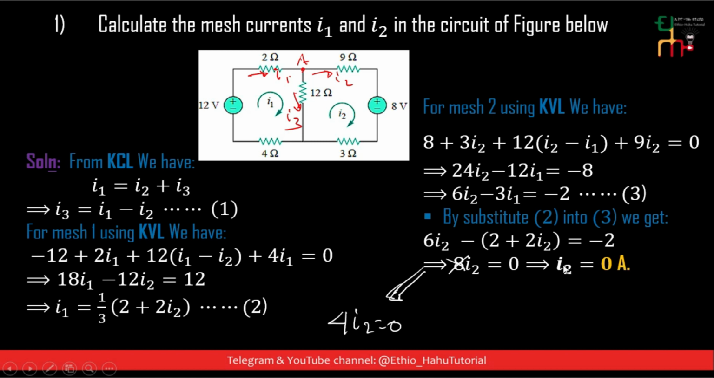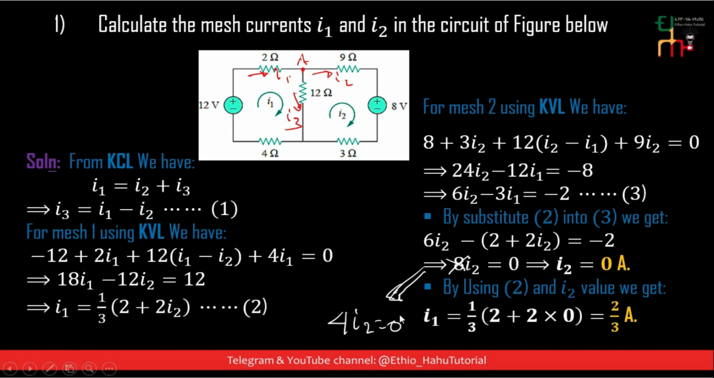ስለዚህ የI2 ቫልዩ 0 ካገኘን ይሄኛውን የI2 ቫልዩን እዚህ ጋር ኢኩዌሽን 2 ላይ ሰብስቲቱት ብናደርግ I1 እናገኛለን ማለት ነው። ስለዚህ ኢኩዌሽን 2 ላይ ሰብስቲቱት እናደርገው I1 is equal to 1/3 into (2 plus 2 times I2)፣ ቫልዩ 0 ነው። ስለዚህ 1/3 into (2 plus 0) እናገኛለን which is 2/3 ampere እናገኛለን ማለት ነው። ስለዚህ የተጠየቅነው mesh current which is I1 and I2 ነው። ስለዚህ I1 ማለት ይሄ ነው which is 2/3 ampere, and I2 ማለት ይሄ ነው which is 0 ampere አገኘን ማለት ነው።